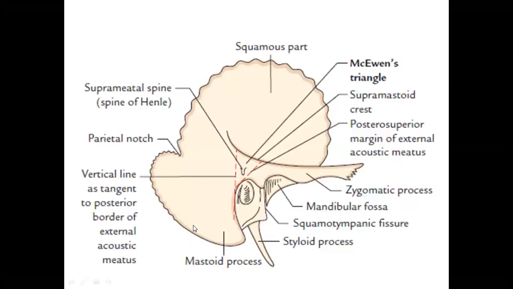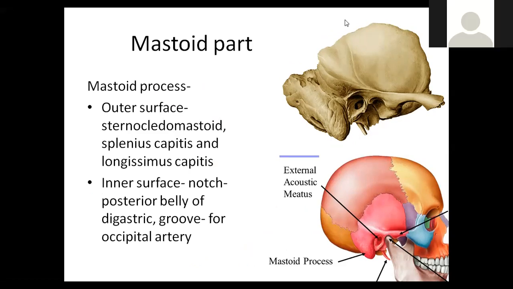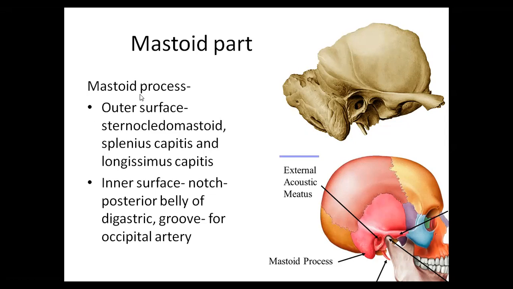So exclusively the temporal bone is given, and you are finding here this is the zygomatic process. We have the mandibular fossa. This is external acoustic meatus, mastoid process, styloid process. These names you remember, it is enough. Smooth part is the squamous part. Okay. Then this is the mastoid process. Mastoid process itself can be a 3 marks question. A nipple-like projection, I always tell you, you can palpate it behind your own ear. Okay, so the nipple-like projection that you see behind the ear is nothing but the mastoid process.